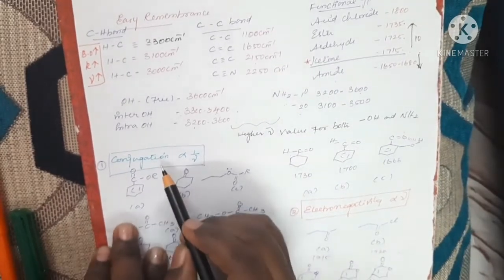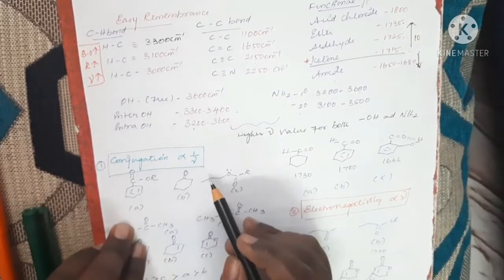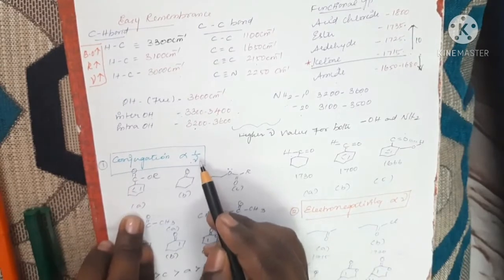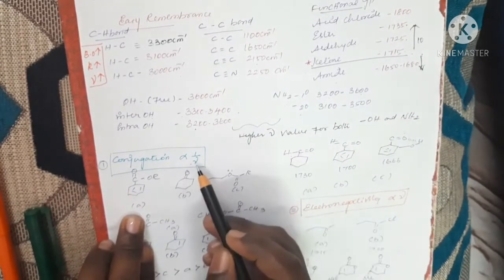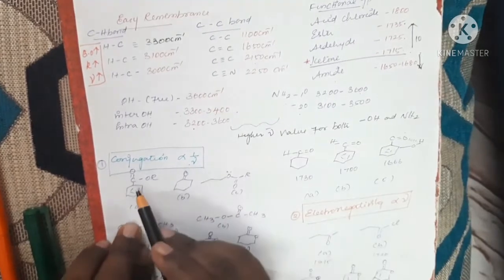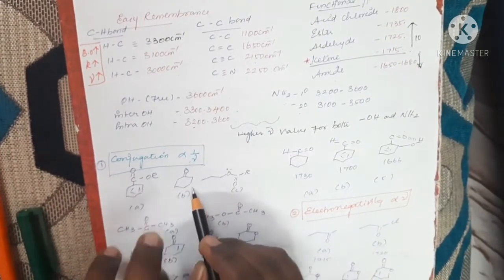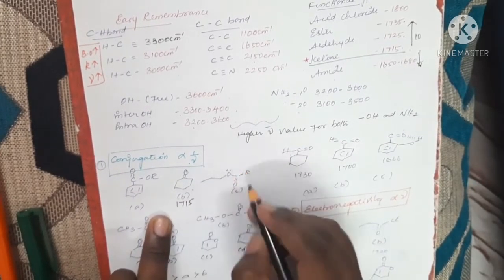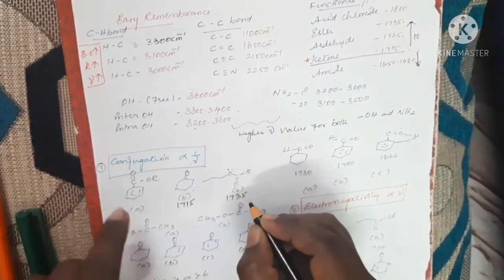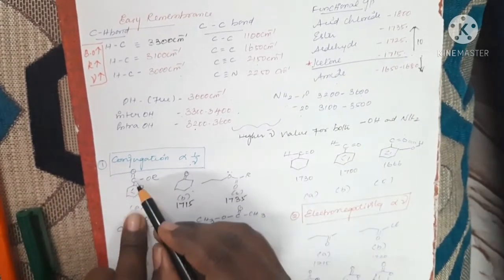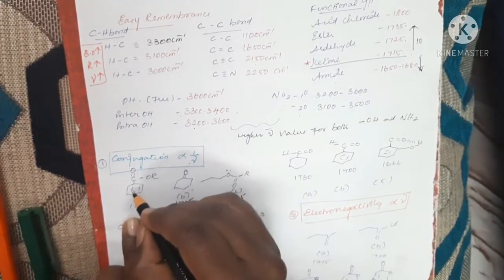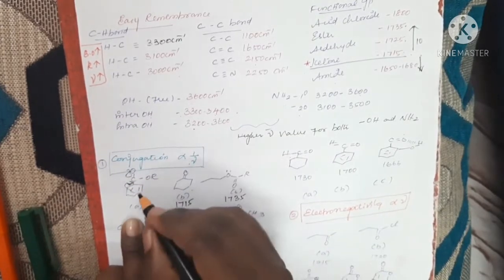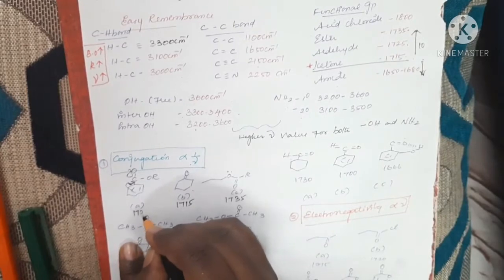Now conjugation, the very vital thing about assuming the values. First one, conjugation is inversely proportional to nu bar. If conjugation increases, then the stretching frequency value decreases. This one is an ester, this one a plain ketone, and this one an ester. Plain ketone is around 1750, and ester we probably know is 1735. This one is also an ester, but this ester is in conjugation with the benzene ring. So conjugation is involved, and conjugation automatically decreases the value.